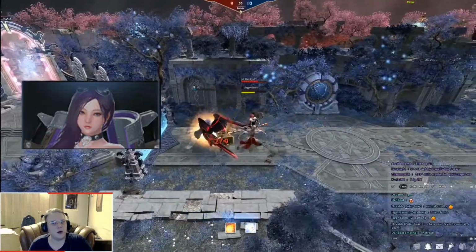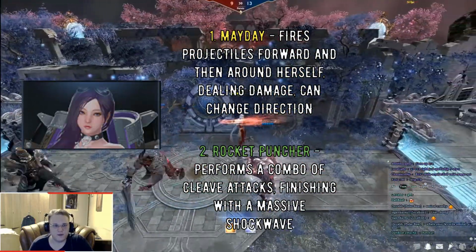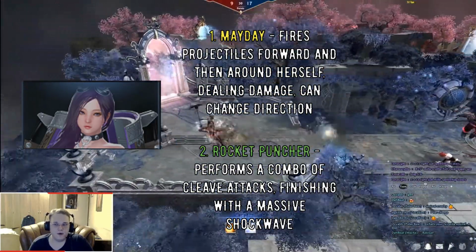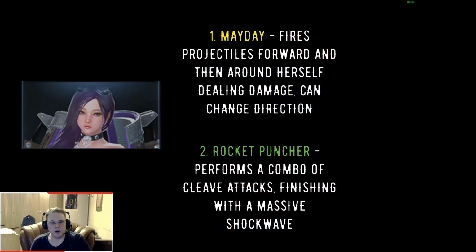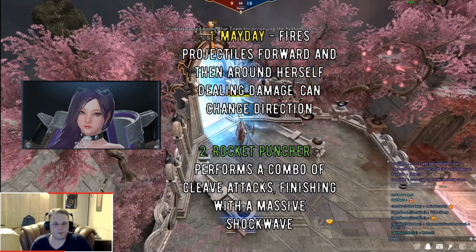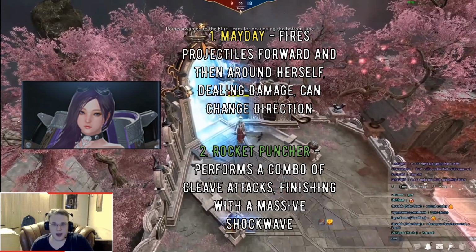And then it comes to Arcana. Now, Arcana is very fast on the combos, super fast. You will feel like Usain Bolt playing Arcana. And her first active, which is Mayday, she fires shots forward and then around her. It does a lot of damage and can confuse a lot of people. They would start just dodging everywhere, and you can bait their stamina,